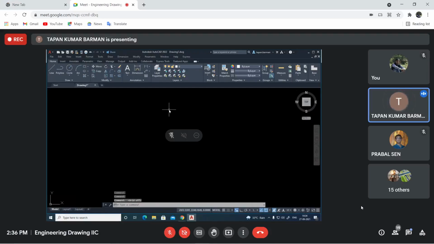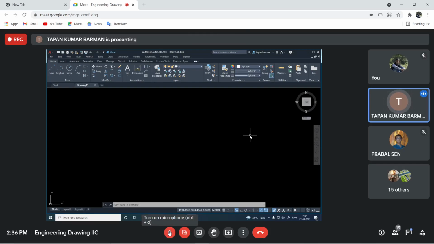Okay. So in our last class, probably we discussed the line command. So you know how to make the lines. Also, probably you know the difference between lines drawn using the line command and lines drawn using the polyline command. Right?